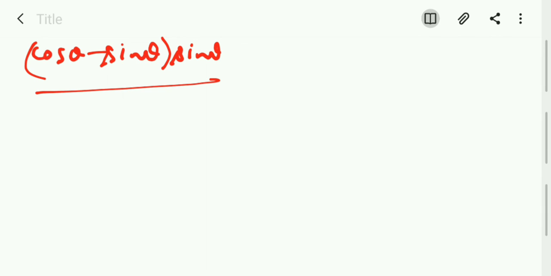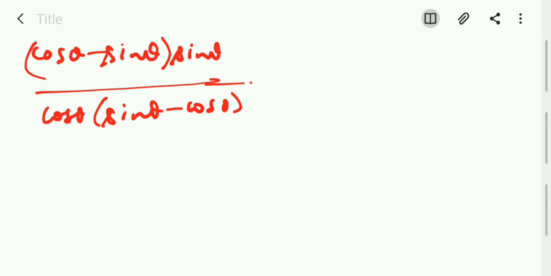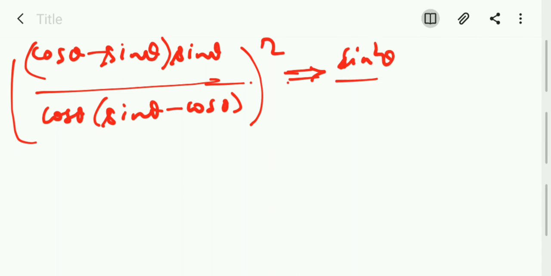Which is nothing but cos theta minus sine theta into sine theta by cos theta into sine theta minus cos theta, and never forget we have the whole square. Correct? Now have a check. We have sine square theta by cos square theta,